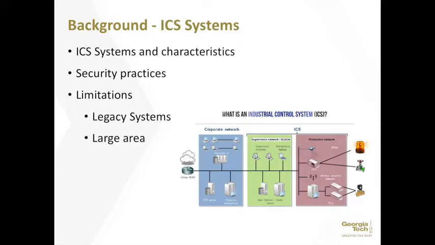So ICS systems, or industrial control systems, is kind of a general term for describing any kind of system that controls large area control systems associated with instrumentation and industrial control processes. A common infrastructure is like the power grid, water supply system, a lot of communication systems that are very big, involving a lot of different subsystems and substations. Now, typically, ICS systems are kind of vital and critical to U.S. infrastructure and are very important to the day-to-day lives of many people.